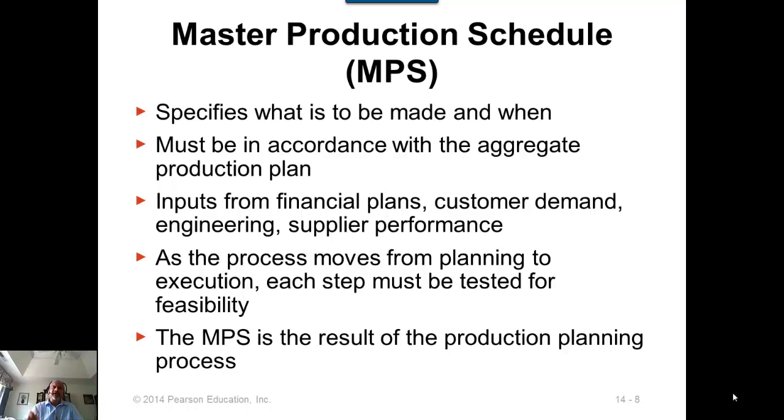Now it specifies what is to be made and when it is to be made for the independent demand items. So master production schedule is a production schedule of the end item, the final item that we sell to our customers. So this is your independent demand items. So you need to have a schedule of how many units and when those items will be produced,